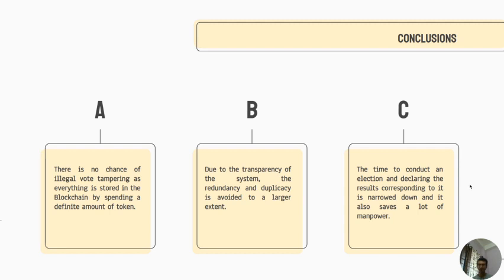This is also an important point, because as there is no transportation of any machines, EVM or ballot, we don't have to count manually. Everything can be done automatically, and as it is on the go, it is storing the vote information in the blockchain. The time to conduct an election and the result declaration is narrowed down.